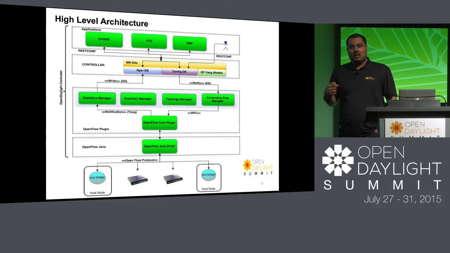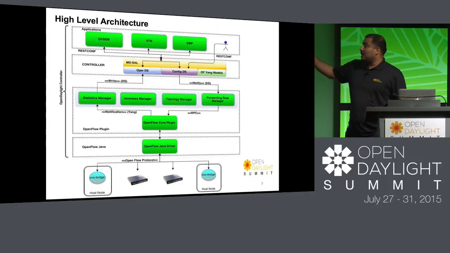When it's done verifying that it's a valid OpenFlow switch, it notifies the core plugin, saying, I got a switch, it's a valid OpenFlow switch, and these are the attributes I got from it. Then the core plugin sends a few more messages to get some initial data about this switch. And then it asks the inventory manager to write that data into the operational data store. The OpenFlow plugin notifies the inventory manager through notifications, and these notifications are defined in